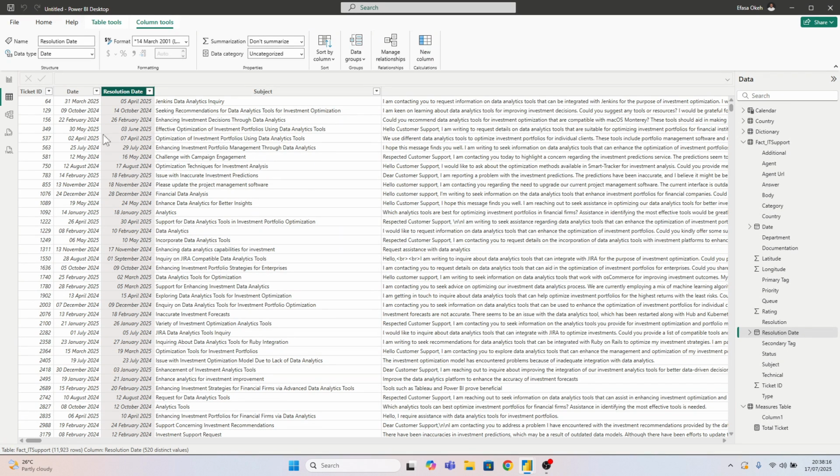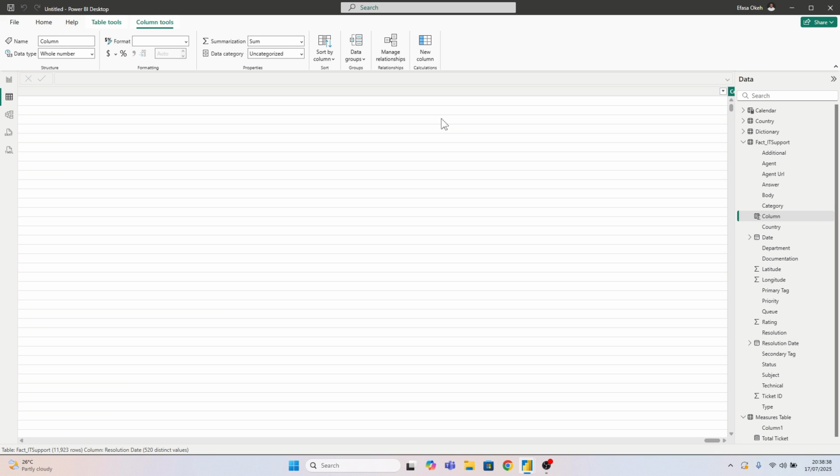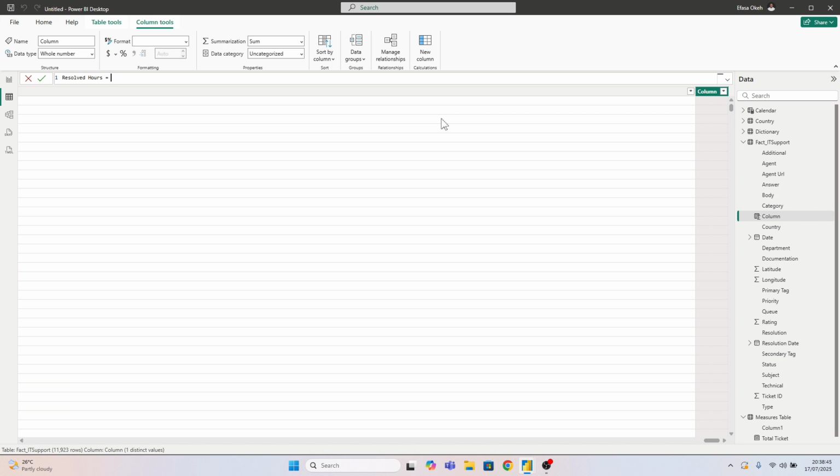So basically, we want to know the number of hours from the time the ticket was created to the date the ticket was resolved. That's one of the things we want to know. For us to achieve that, we want to create a new column, and this would be resolve hours, how long it took for the ticket to be resolved. For the resolve hours, it's just going to be a DATEDIFF function, taking our two dates,